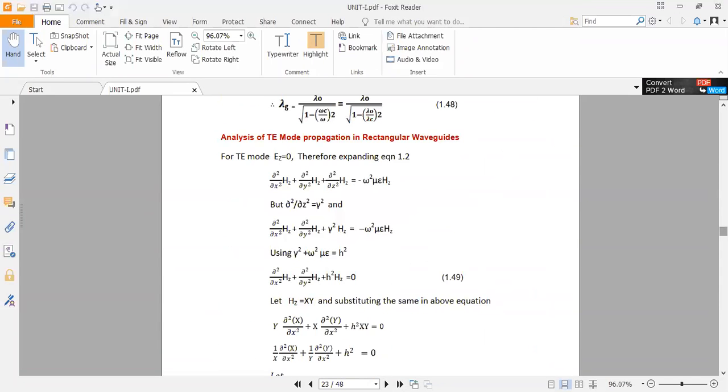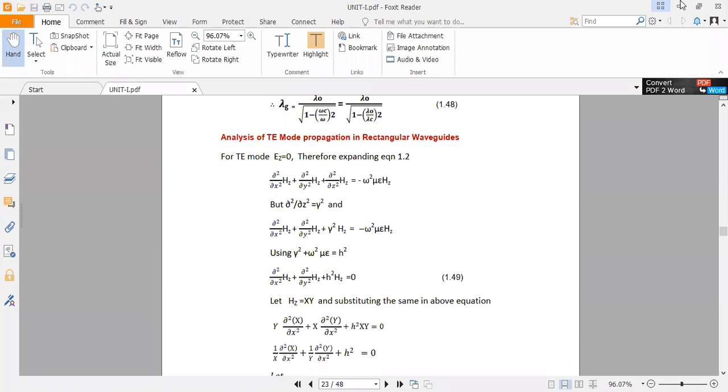So till now we completed. Now see, analysis of TE mode propagation in a rectangular waveguide. Are you able to see the PDF which I've shared now? Yes, ma'am. So if you have that derivation, whatever you did for TM mode, just go back and see it step by step. The same steps we are going to follow here also. Nothing new in this.